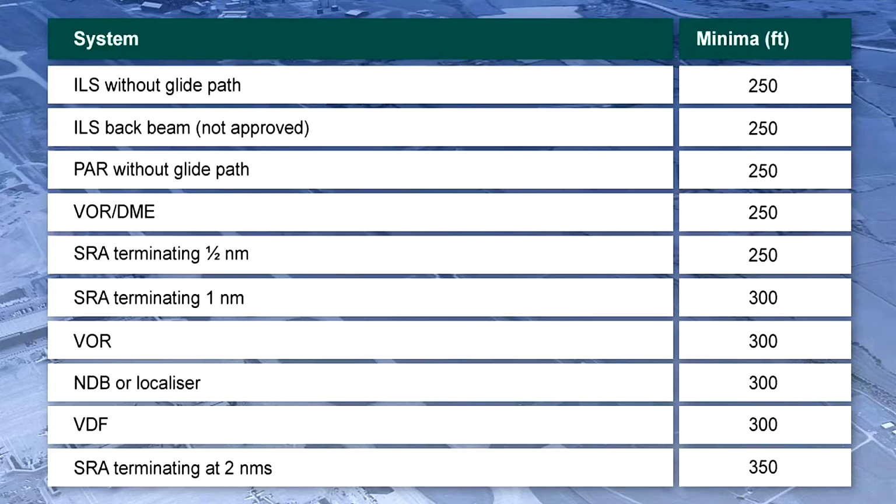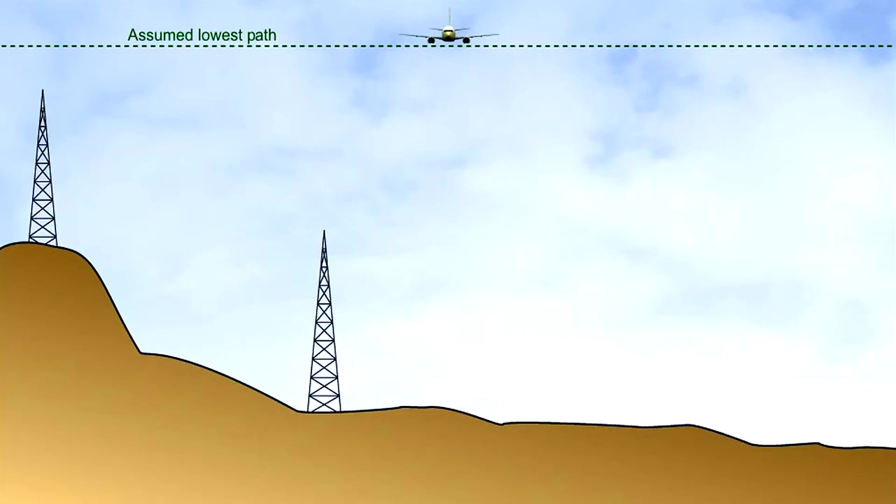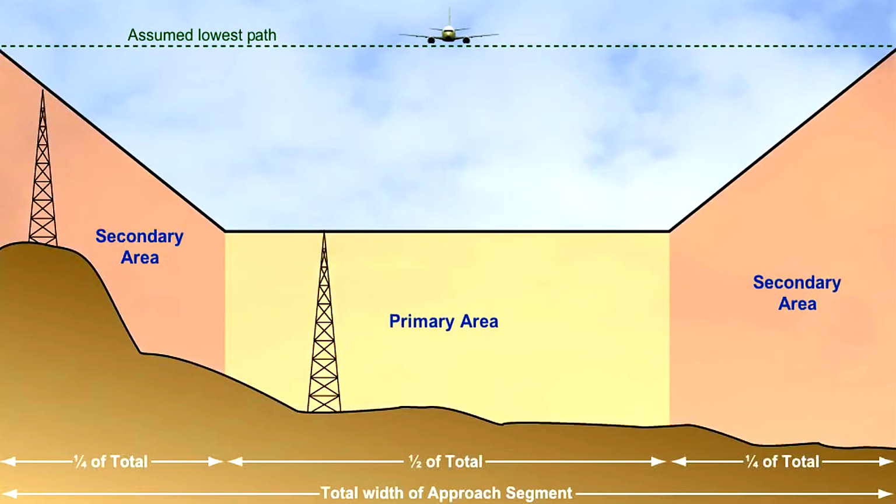In general, approach minima are developed by adding the effect of a number of operational factors to the OCA or H to produce, in the case of precision approaches, decision altitude or decision height, DA or DH, and in the case of non-precision approaches, minimum descent altitudes or height, MDA or H. The factors that are taken into account when determining this calculation are aircraft mass, elevation or pressure altitude appropriate to the elevation of the runway, temperature, wind, runway gradient, condition of runway.